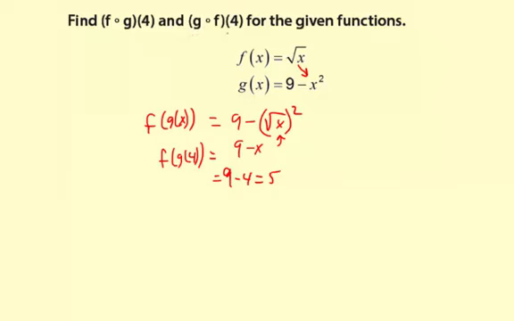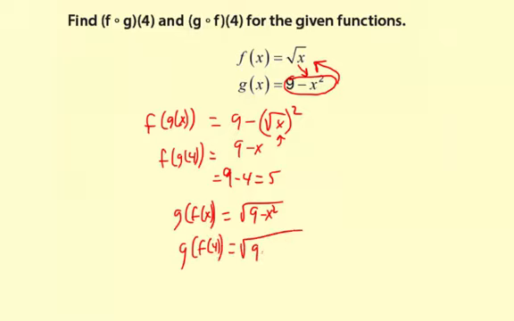Now we're going to find g of f of 4. So g of f of x first. And in this case, the g of x is going to go in the square root sign for the f. So that's going to be equal to the square root of 9 minus x squared. So we're going to input 4, g of f of 4,